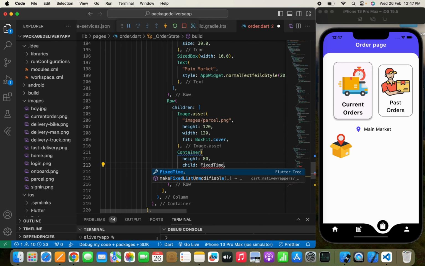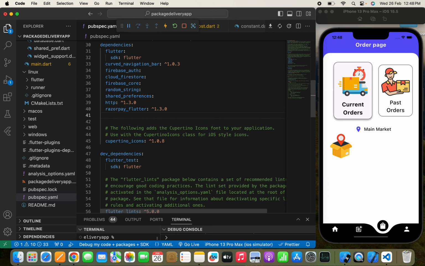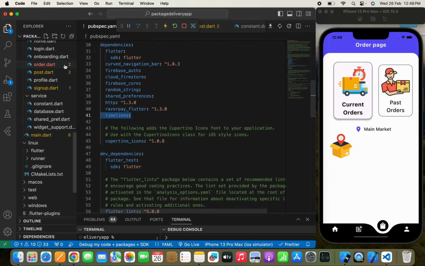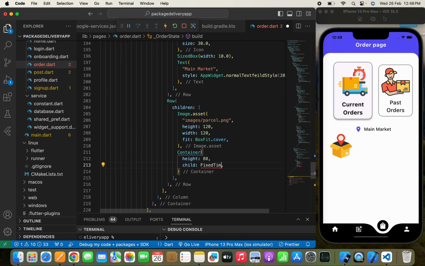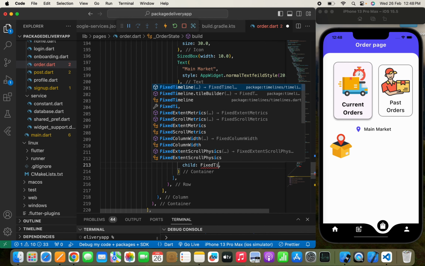Sorry, I think we haven't added the package that we need to add in the pubspec.yaml file to handle this case, which is timelines. So we need to just add this package, timelines. I've directly written the package name. You can also search on pub.dev and see that package there itself. So I'll write Timeline, fixed timeline